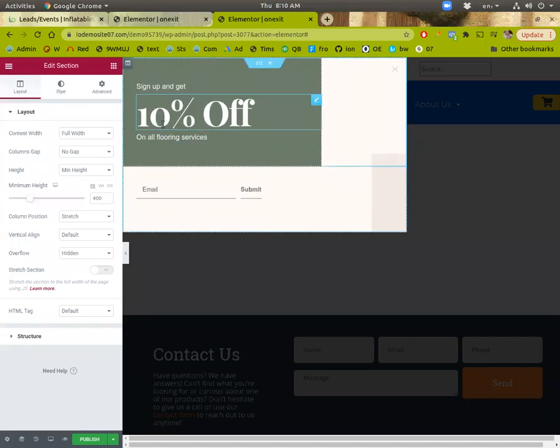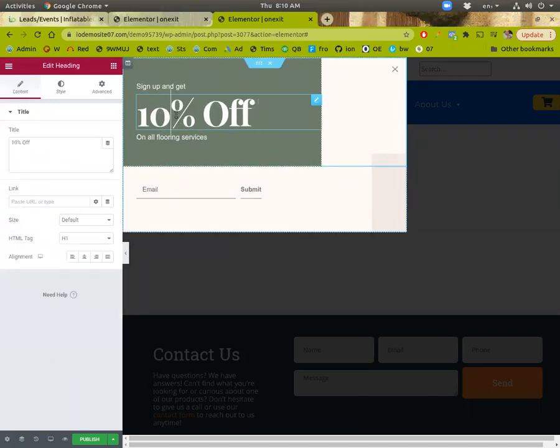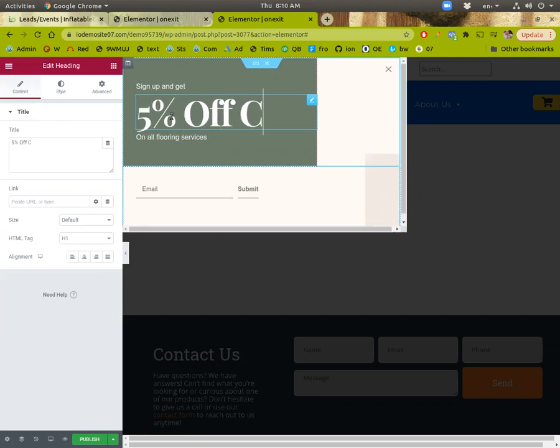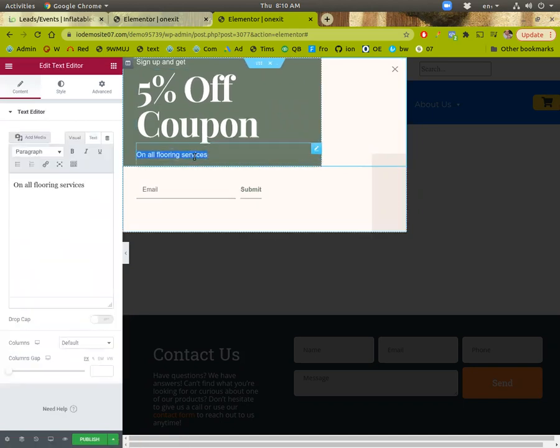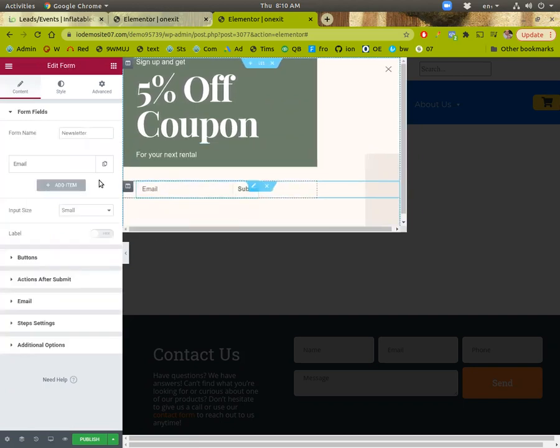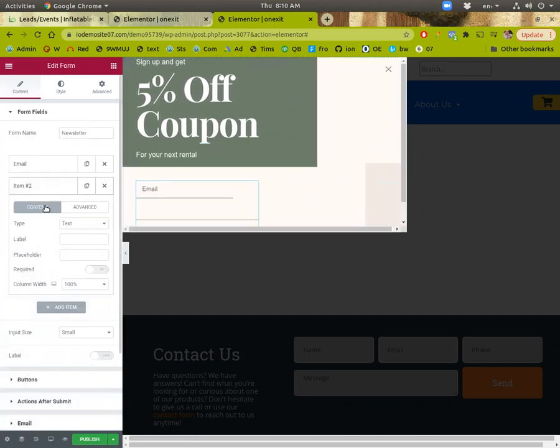Okay, so here's where you can just customize whatever you want. If you want to say sign up and get a 5% off coupon for your next rental, this will at least allow you to collect their info. You can add extra form elements here if we wanted to do like phone. So anytime they fill out any of these forms here,